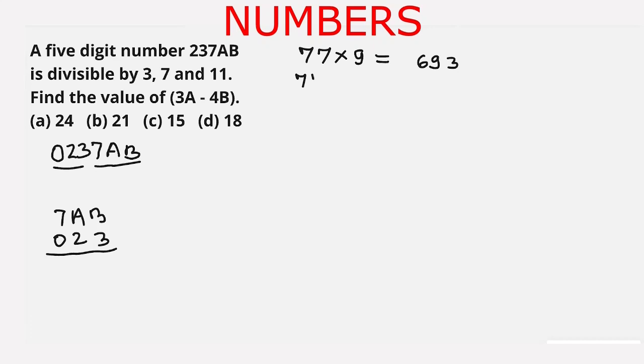And 77 times 10 is equal to 770. If we take 770, the difference, then 770 plus 23 is 793. This will give the value of A equal to 9 and B equal to 3. So the number becomes